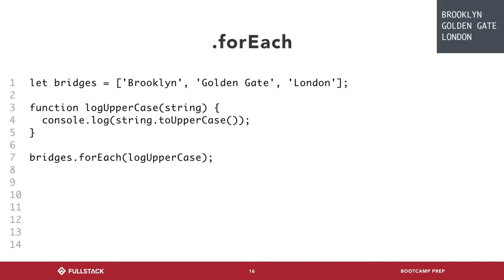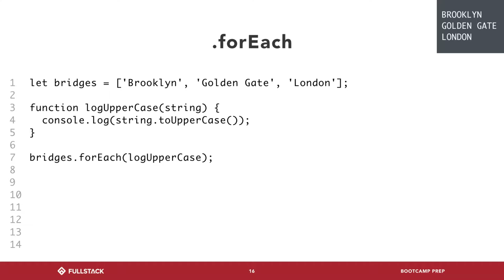What you pass into it is a function. Notice how logUppercase is a function that takes in a string, and we just console.log out that string capitalized. But notice how we pass logUppercase into forEach. We're not invoking it,